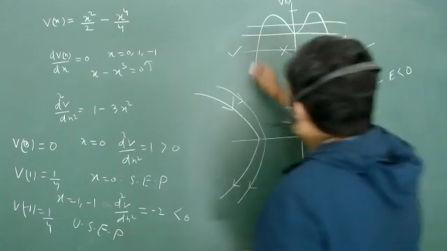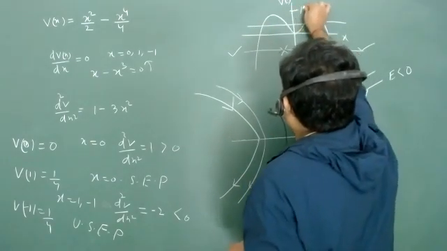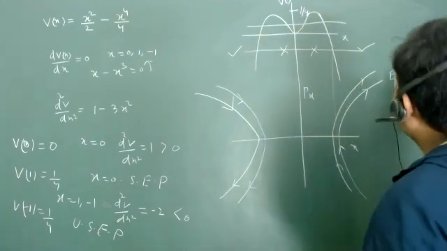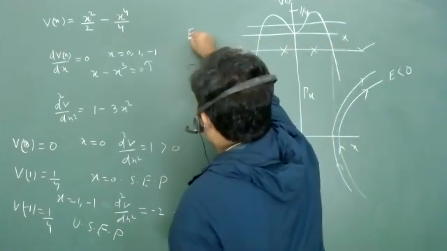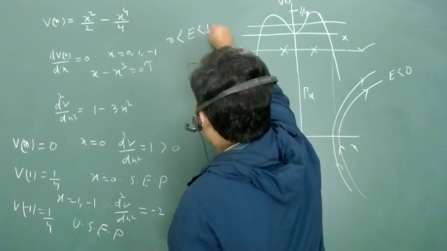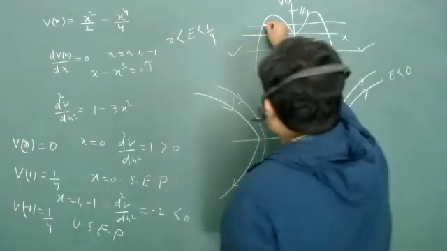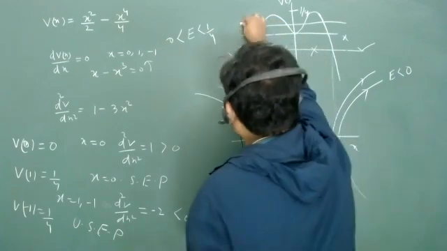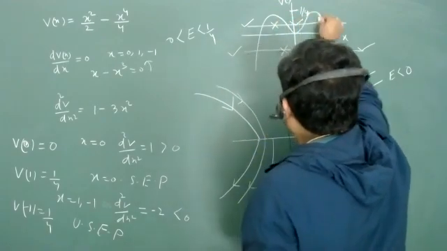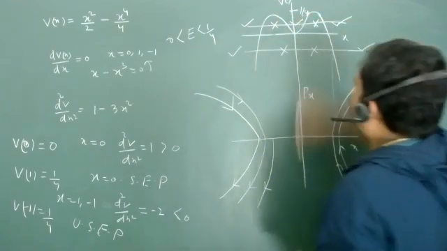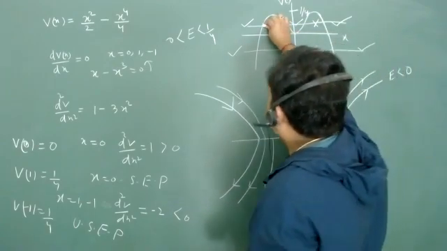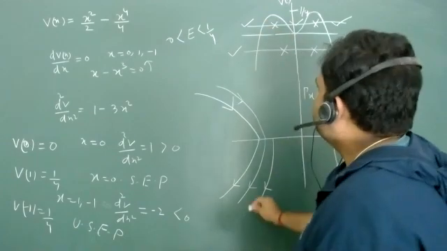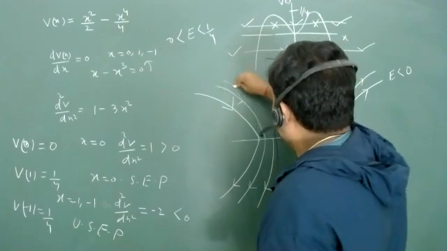Now let us go for when my energy is between 0 and 1/4. This value is what? 1/4. So what will happen in this region? Exactly the same trend. This is the allowed region, this is the forbidden region, this is the allowed region, this is the forbidden region, this is the allowed region. So you will start from here, and if you recede from this particular point, the potential energy is decreasing, so momentum is increasing. You can approach. Yes, you can approach.